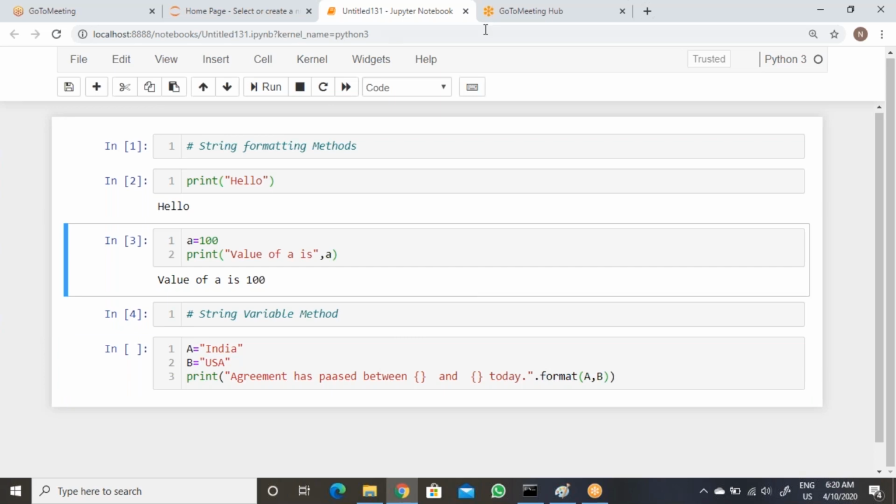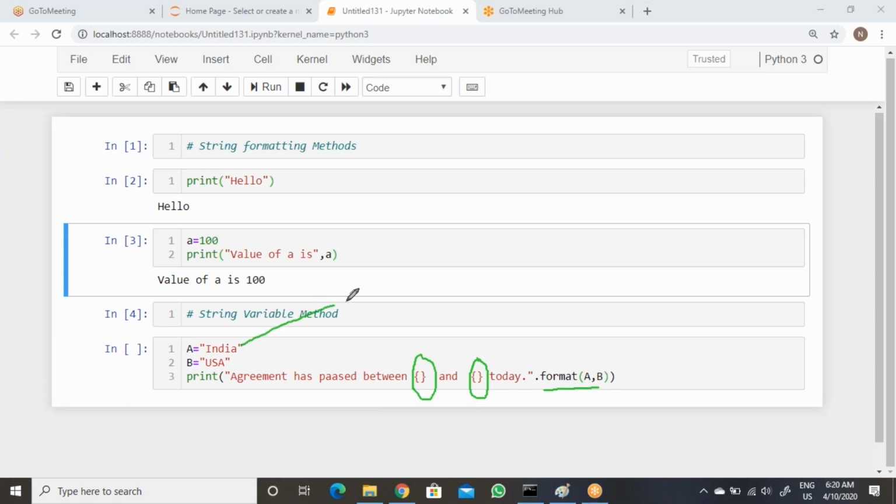So now let us understand here. This is called a placeholder. This placeholder is nothing but a temporary space occupying the variable value.